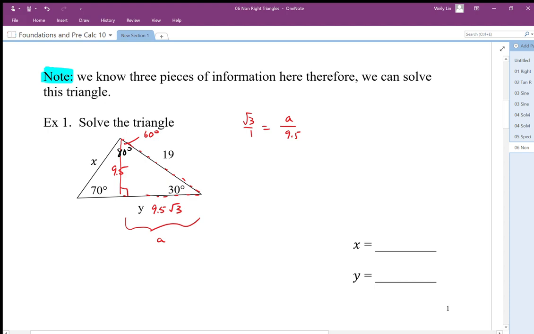We can also use our trig to work this out approximately, using the cosine ratio. So we can say the cosine of 30 degrees is going to be a over 19, the adjacent side over the hypotenuse, and our calculator gives us a cosine value of